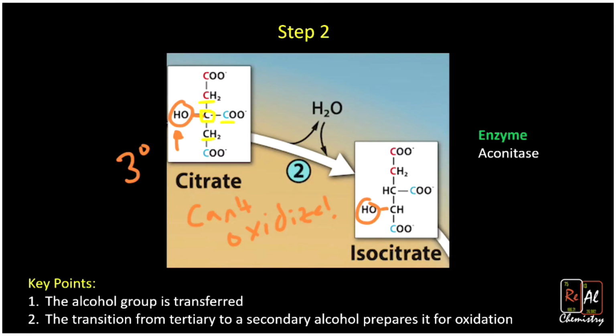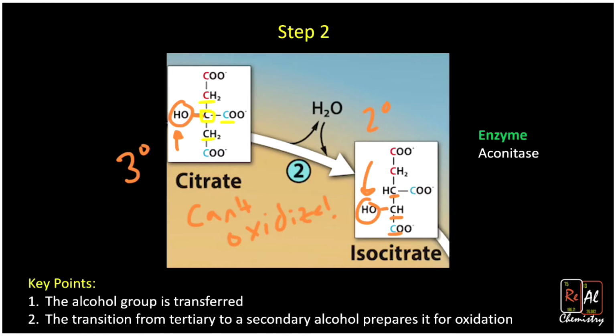metabolism. And the way it's going to do that is by changing that tertiary alcohol to a secondary alcohol. So here, this guy is a secondary alcohol. Notice that the alpha carbon, which is right here, is connected to 1, 2 carbons. Now, you may or may not remember, but secondary alcohols can be oxidized. So what your body's really doing here is preparing citrate for oxidation. It's saying, you know what, we'd love to oxidize it. That's basically what we're doing here to all these molecules. And if I run an isomerization to move that OH there and make it a secondary alcohol, then we can